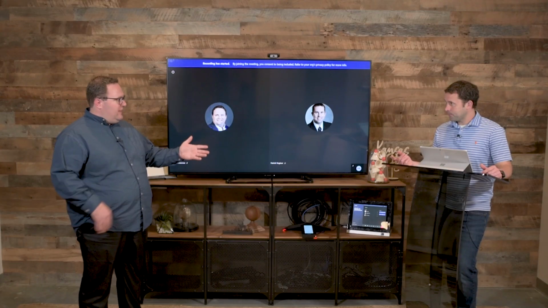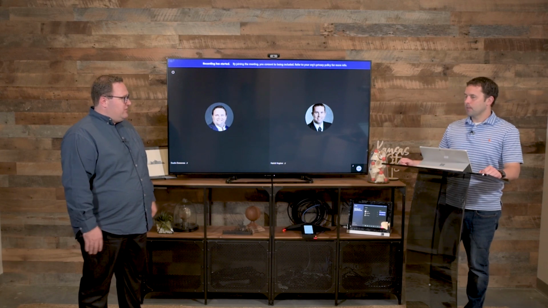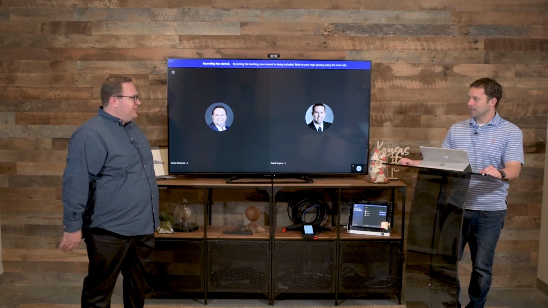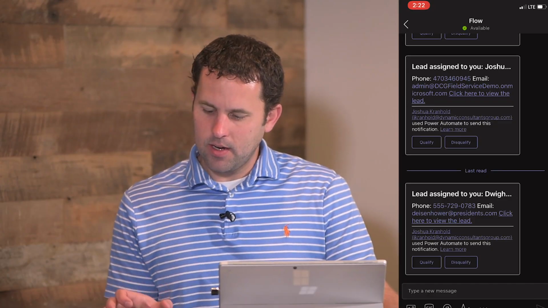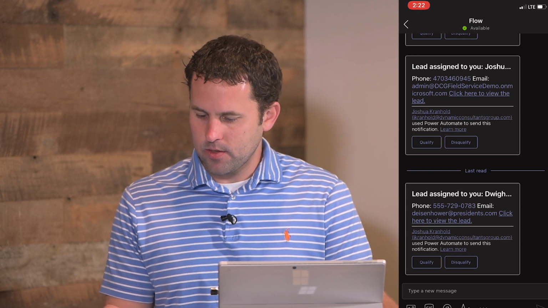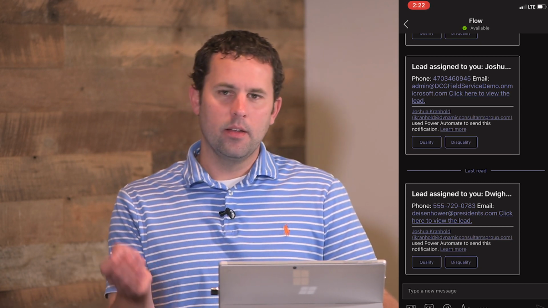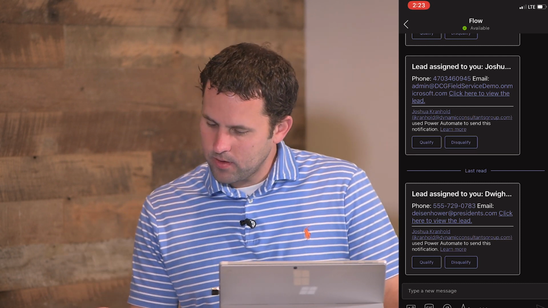So marketing hands it off to sales. Correct. Sales can make a super fast reaction. I mean, they could be walking away from the trade show booth and get a phone call from sales. That's exactly right. And so here in Teams, it's a nice card. You see you have these buttons here you can touch. It's also the same in the desktop app UI. It goes across both platforms there.